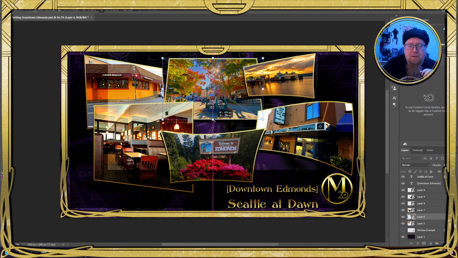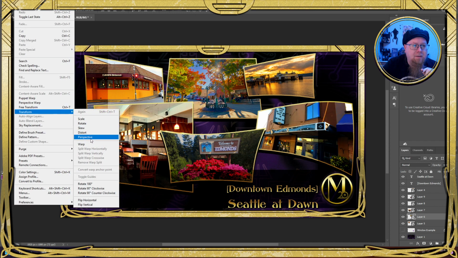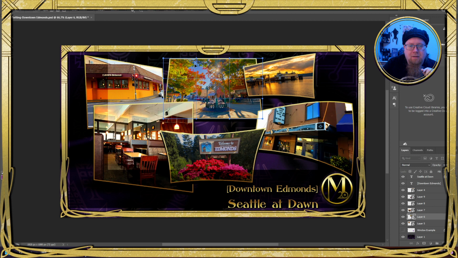So the Edmonds fountain right there, central image, and I'm going to do a little bit of warping here.